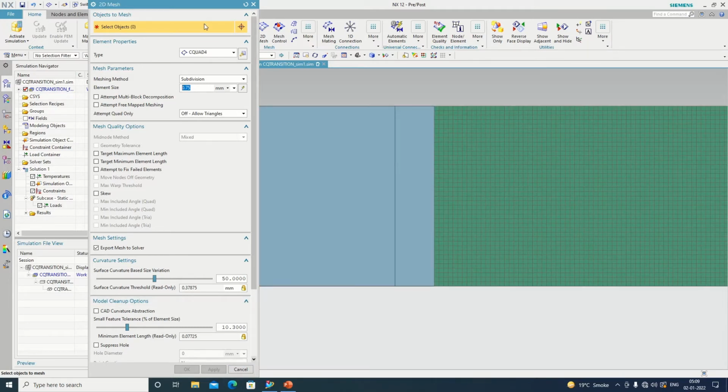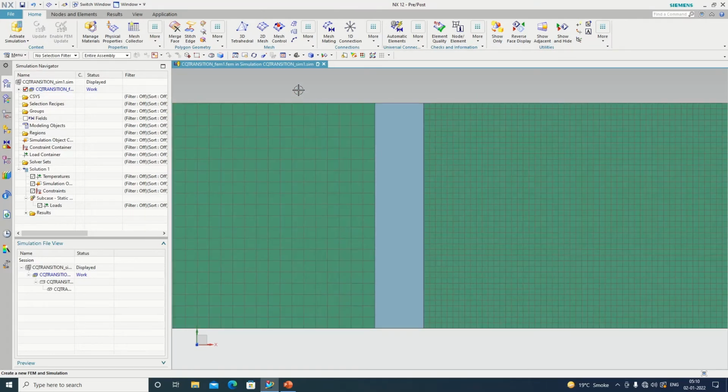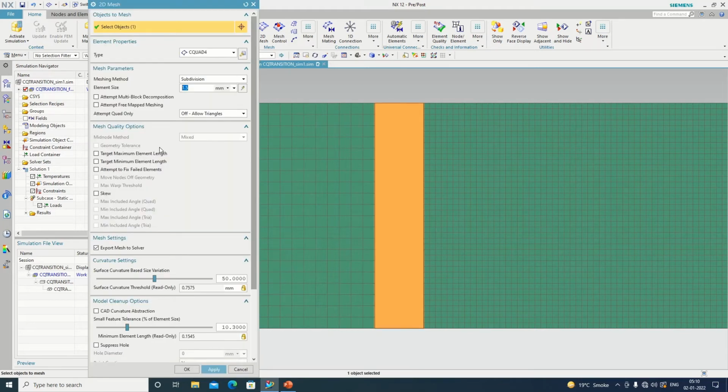See, now we will select the same mesh element for the left one and the size is 1.5. Okay, now how should the mesh go from 0.75 mm to 1.5 mm size, how should this be defined, so that our transition is smooth.